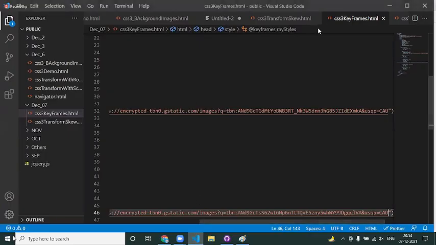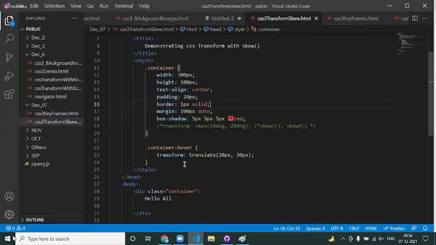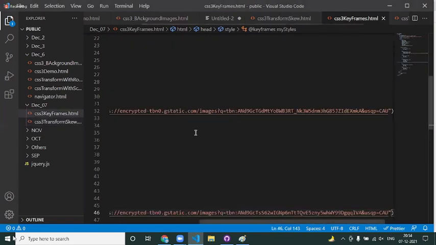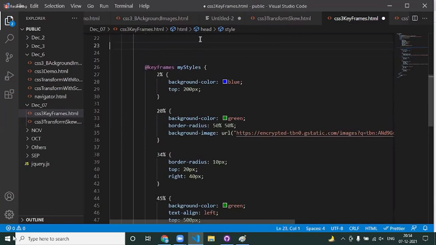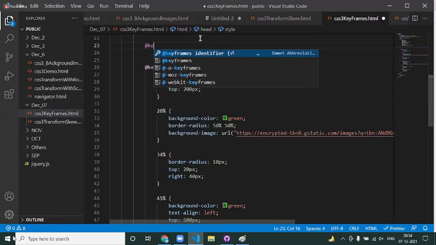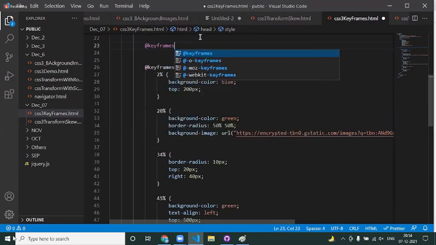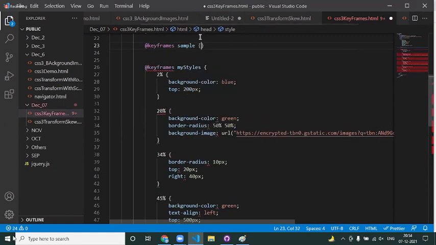Okay, and there is another way of adding keyframes, guys. One is in the form of percentages, or the other way is you can simply specify @keyframes, say something like some sample.